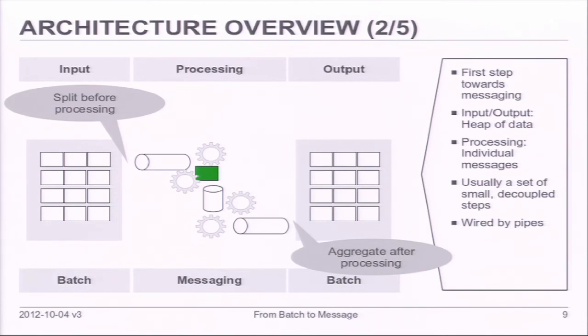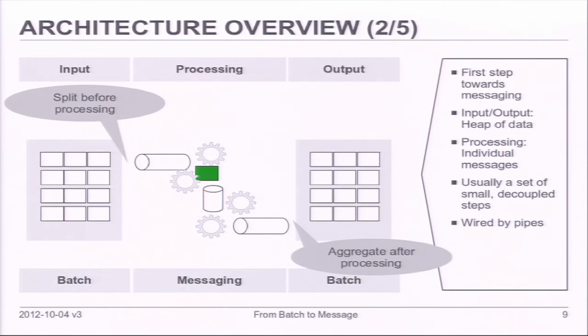What is important, and we often see this with clients, is that they try to directly replace their batch job, which is often one rather complex program, with another system which is using messages, but still does not leverage the messaging inside of the application.